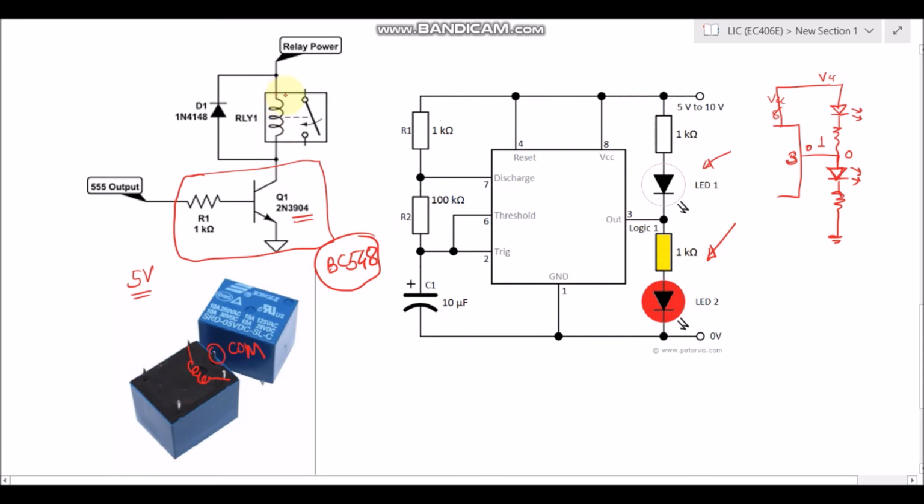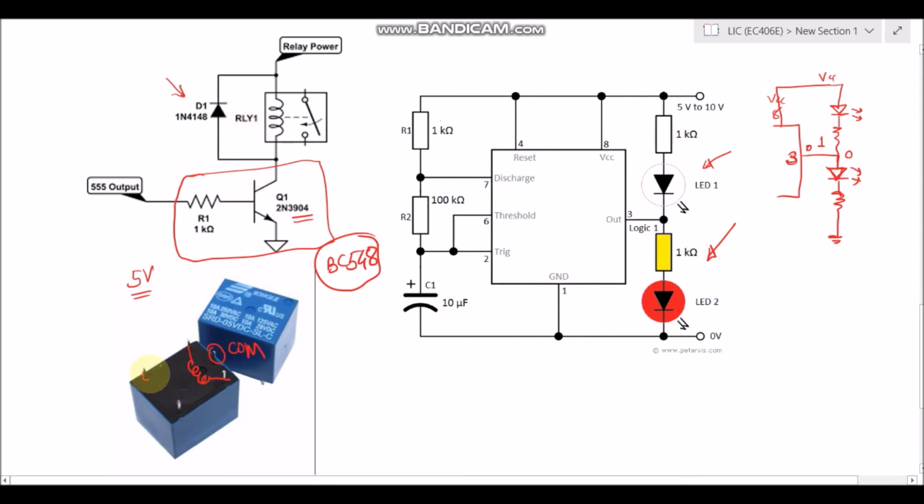Now, suppose the power supply is switched off, there may be a problem for the relay. The magnetic field stored in the relay can damage this 555 IC or the transistor. For that, this freewheeling diode is connected. If all of a sudden the power supply goes off, the magnetic field stored in this coil will be discharged through this freewheeling diode, and thereby the other circuitry will be protected from excessive high current. So such things can be used.